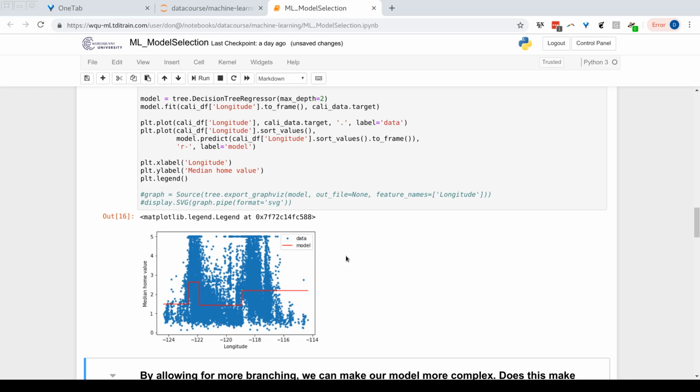Yes, the extreme of max depth of 2 and the extreme of max depth of 10 are very clear. Those are bad fits. But what about 4 and 5, or 5 and 6, or something like that? It's very hard to compare between 5 and 6 of max depth. So we need a better, more systematic way to figure out what is a good max depth for our